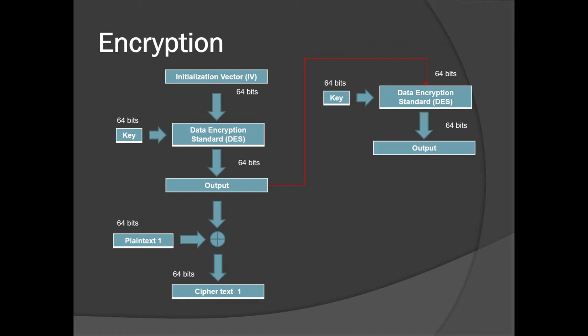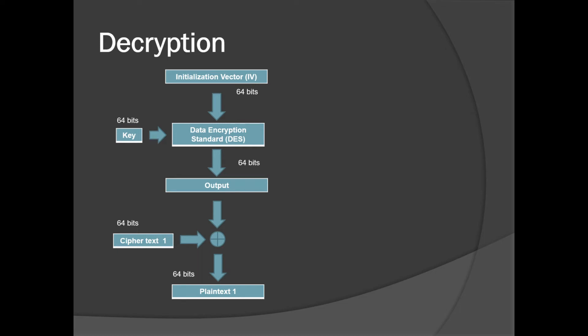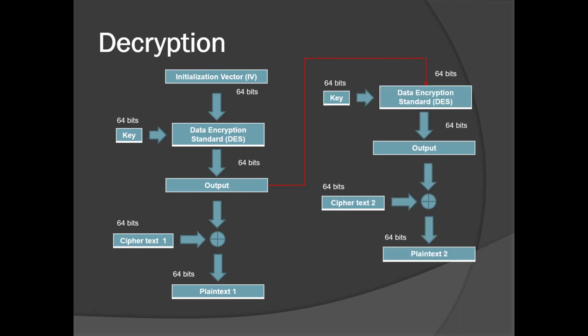The 64-bit second output will now be generated from the second round of encryption. The second output will now be XORed with the second part of the plaintext, which is again 64 bits. This process is repeated until the plaintext as a whole has been encrypted. The decryption phase is pretty much the same as the encryption phase. In the decryption phase, the IV and the key need to be the same as the IV and key in the